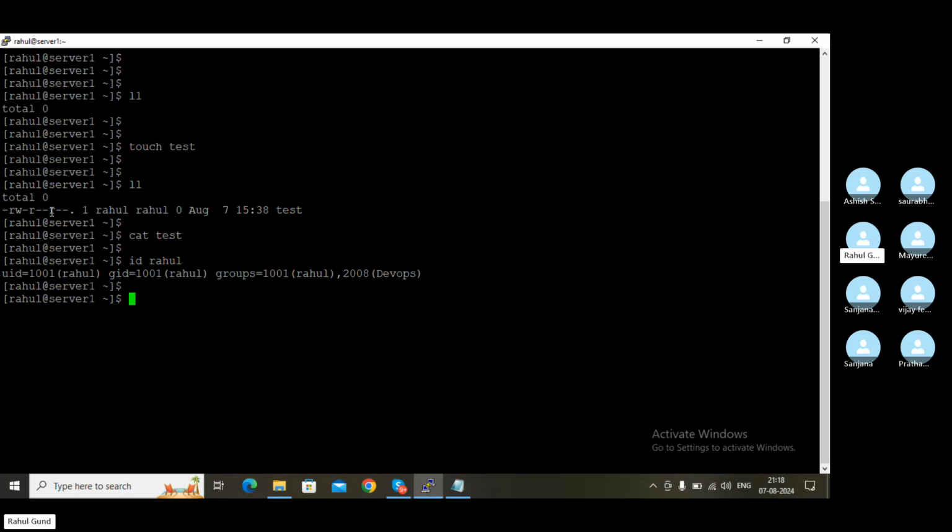Now what are the remaining three fields? Those three fields are for other users. Now what is other? If you see here, Rahul is the user who owns this. The next three are the group permission. Suppose in this Rahul group there are 10 users, then those 10 users will also get that permission. But whatever remaining users we have, if you do cat /etc/passwd,